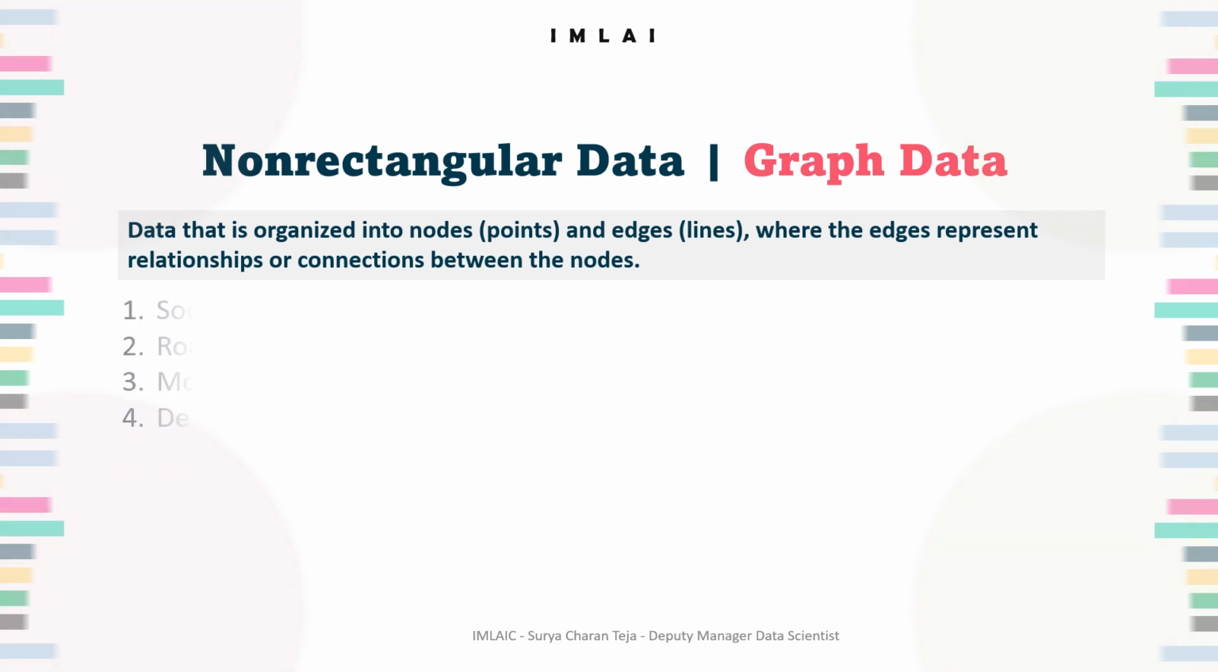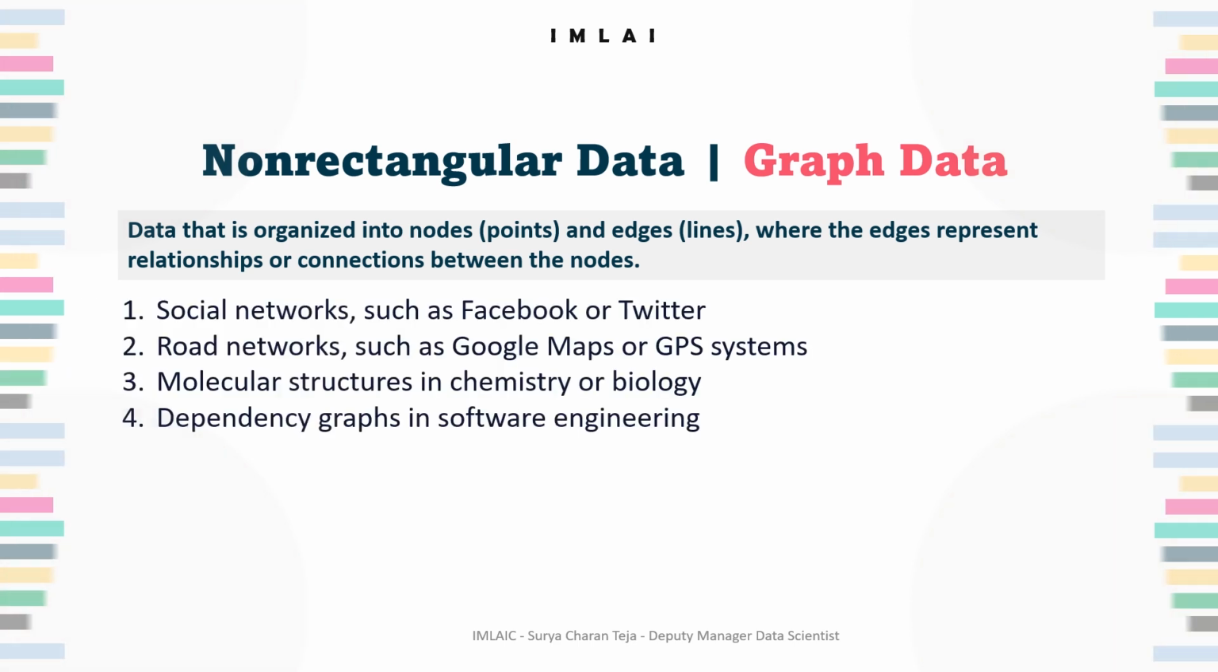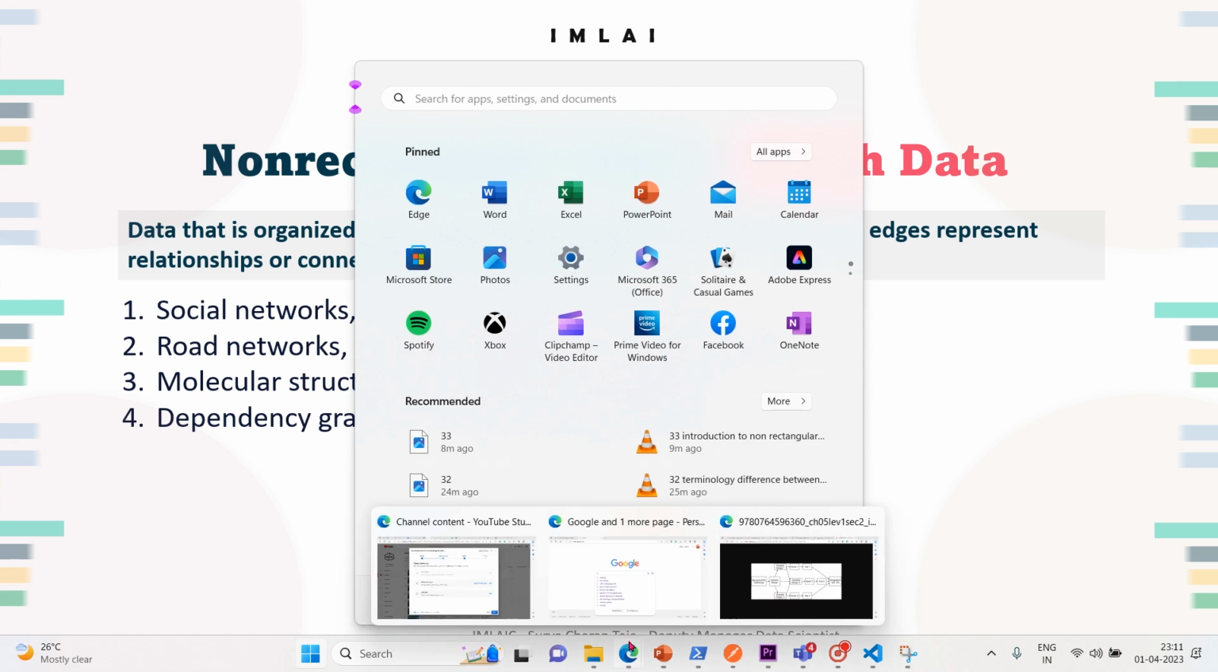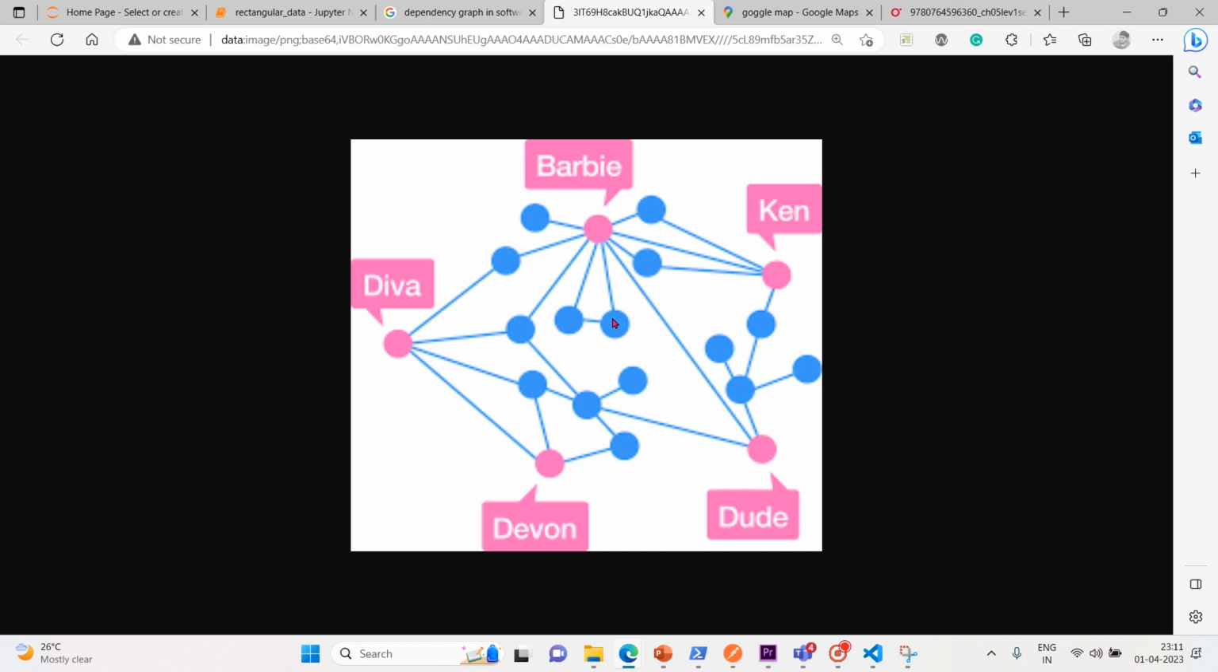Let me show you some of the examples. Social networks such as Facebook or Twitter. Let me show one example so that it would be much clearer. Yep, this is what a Facebook or Twitter network looks like. So Diva, Devon, Dude, Ken, Barbie. Now if you see Barbie, this is called a pointer. This is a point, or you can call it a node. So these are all nodes, and then each node is joined through a line, or we can call it an edge,